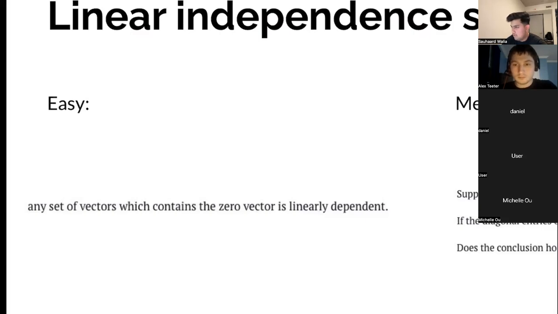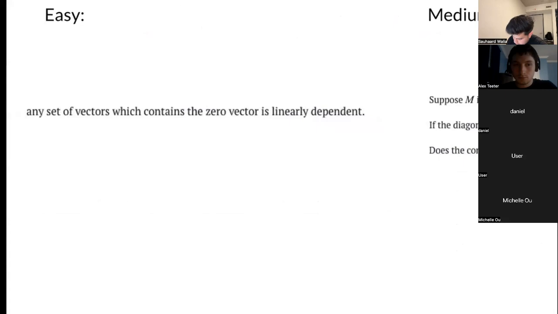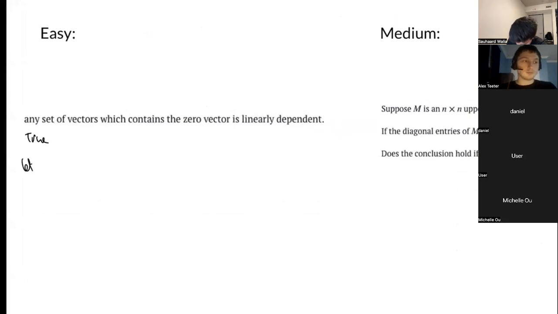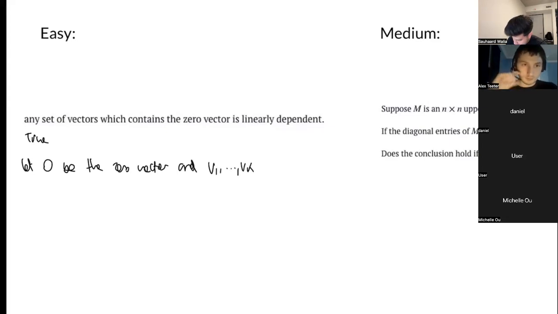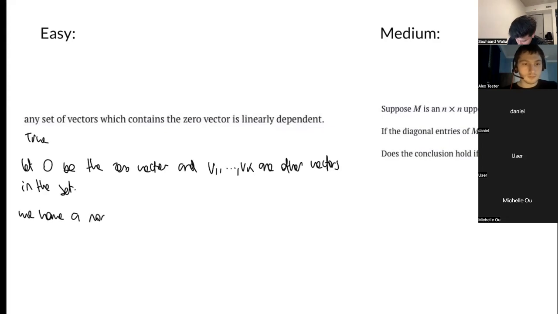1 multiplied by 0 is 0. That's true. We're going to make use of that in a second. So to prove this, it's not that complicated, so I'll just write it here. It is in fact true. And the reason it is true is, let 0 be the zero vector, and let v1 all the way to vk be other vectors in the set. Then we're going to say we have a non-trivial linear combination,